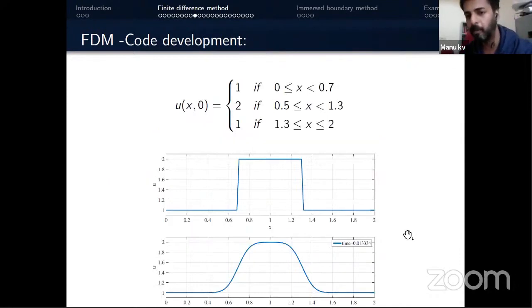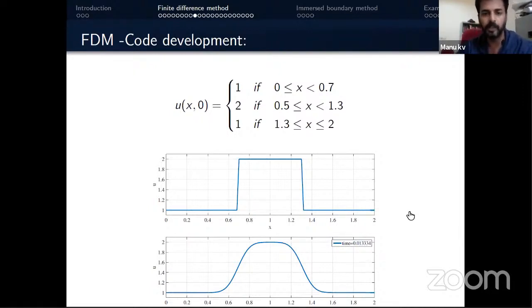Now let's look at the same problem and see its solution. In this solution, I'm using an initial condition which is the same as the previous one, but the nature of the equation which we are solving is different. This is a diffusion problem. It's not convecting, it is diffusing. So it's a parabolic-like PDE, and it is diffusing as time propagates.